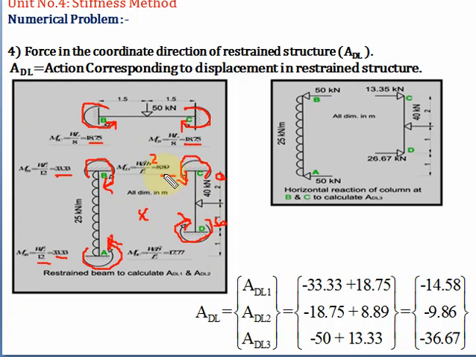So we are getting the value 8.89. Now here the fixed moment in member CD, it will be minus, because why minus? Because it is acting in clockwise direction, WA square B upon L square. So what is the value of W? 40. What is the value of A? 2. What is the value of B? 1. And what is the value of L? 3. So 40 into 2 square into 1 upon 3 square. So that value is 17.77 minus.